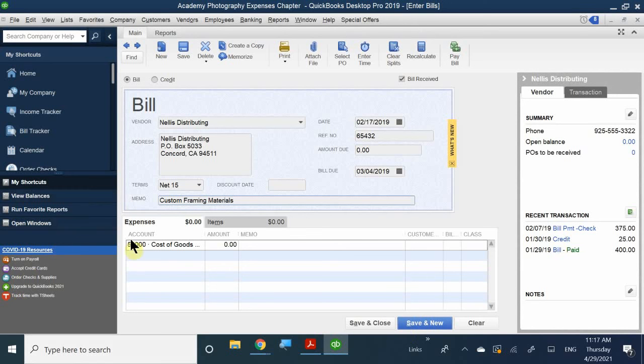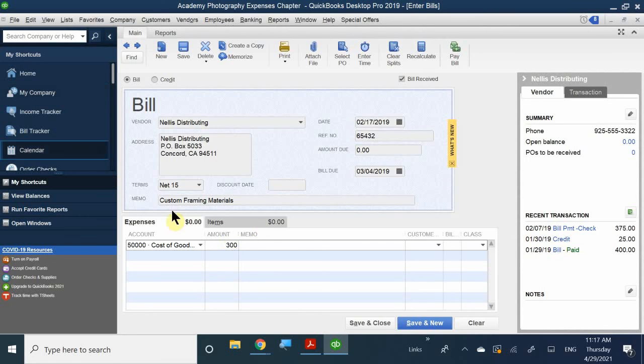Okay, same thing here, right? And this is going to be a cost of goods sold, because here's the one thing that we did. We sold it to a particular customer, right? We made a purchase for a specific person. So in this case, we're going to enter in the custom framing for the total of